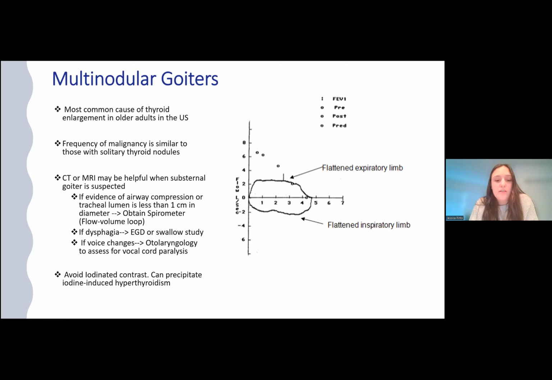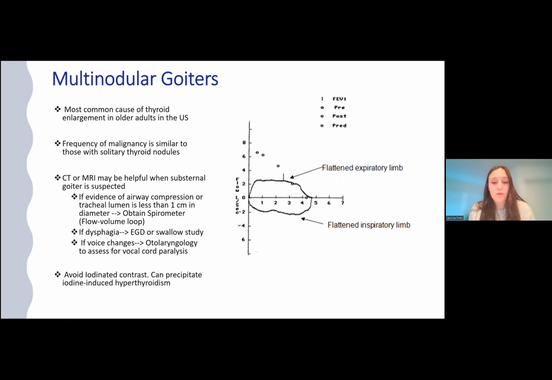And so on a CT or MRI, you might actually look at the tracheal lumen. And if it's less than 1 centimeter, that's pretty concerning. I was reading through some of this, and there were some recommendations, if the tracheal lumen is very narrow, to obtain spirometry. I don't know how useful that is in clinical practice. I imagine that if you have airway compression from a substernal goiter, you would probably refer to surgery or ENT for removal. But I thought it was a good learning point to remind ourselves of what that would look like